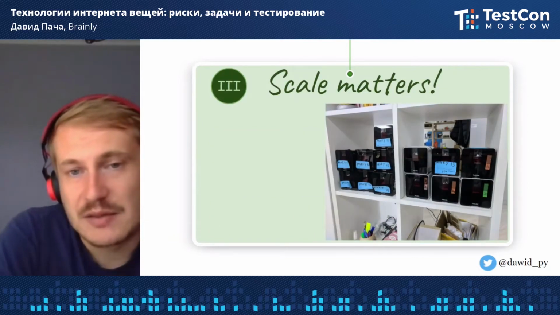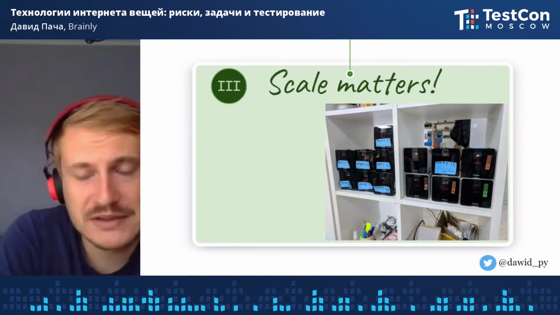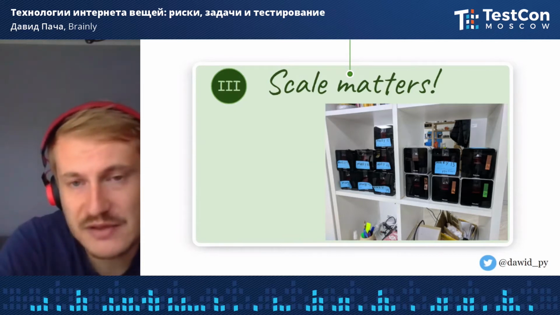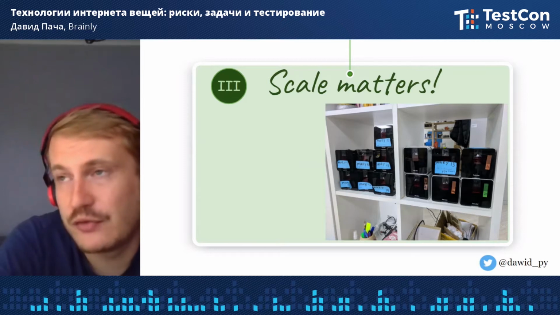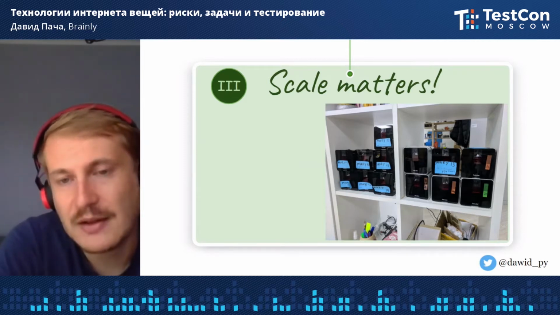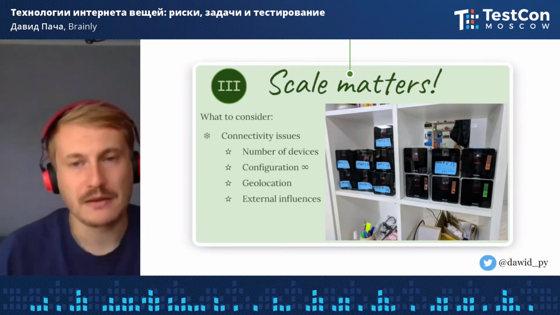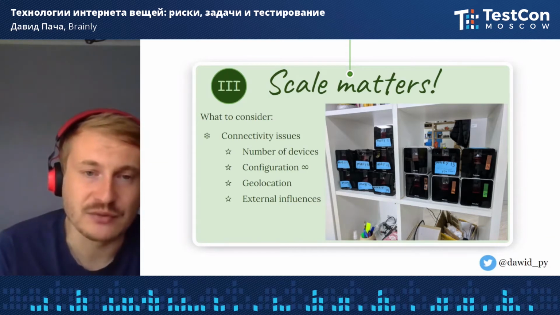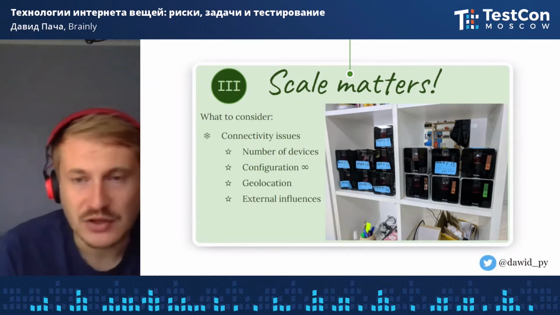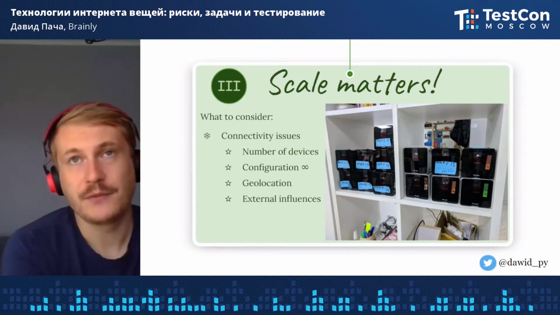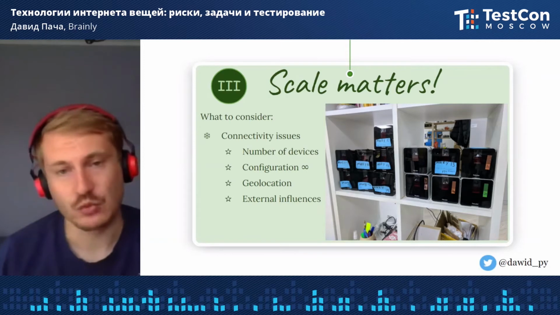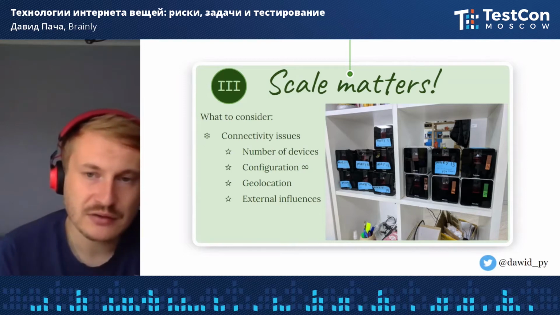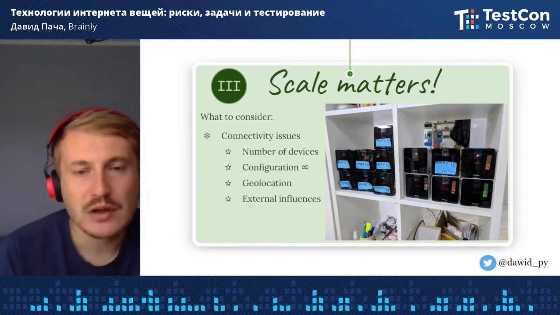The third one is about scale, and well, that's again something you may well know. Maybe you take part in performance testing. Maybe you have a lot of users and that influence your infrastructure. For IoT, there is slightly different issue because remember we talked about at the beginning, we talked about communicating devices between each other. And the problem here is if we allow them to communicate between each other, we can create huge traffic. Usually it's wireless, so we create huge traffic in the air. And if we have like hundreds of devices trying to communicate between each other at the same time, well, usually